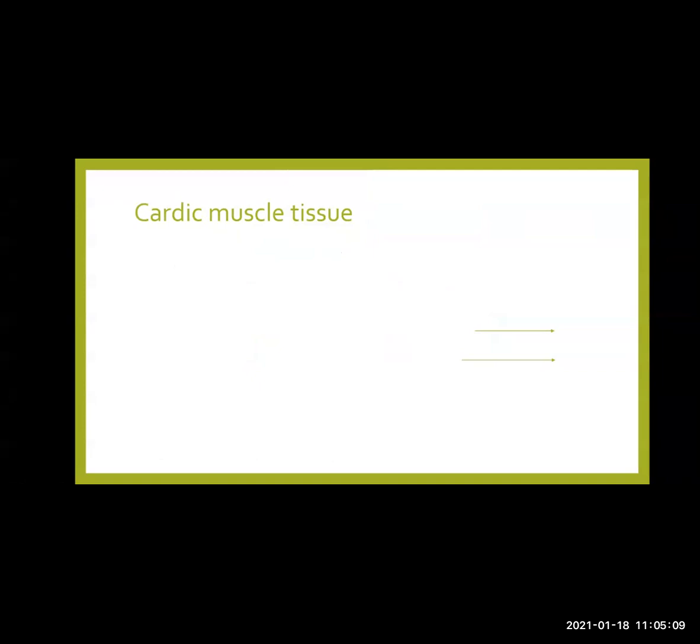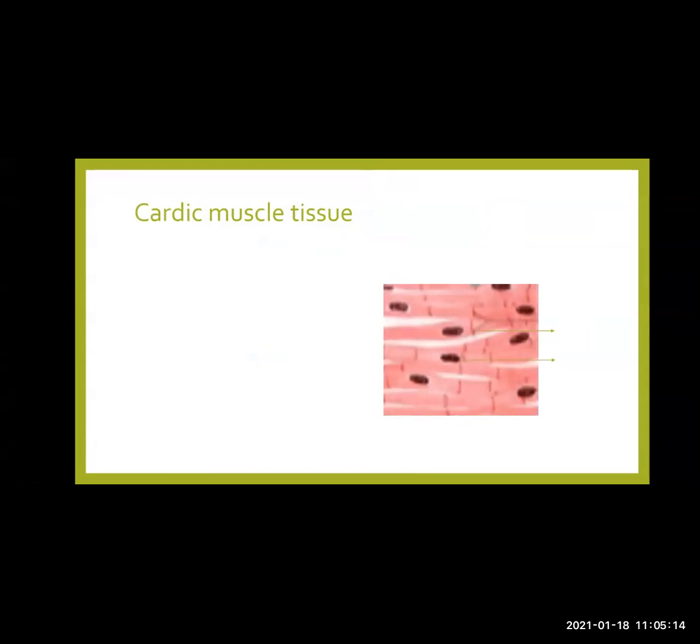Now, the next is cardiac muscle tissue. Let's see the diagram. Observe it carefully. Now, here, this is actually a mixed type of muscle tissue. You can see elongated fibers as well as spindle fibers. These are branched, and you can see that there are many nuclei in the fibers. So, cardiac muscle fiber is actually a mixed type of muscular tissue,